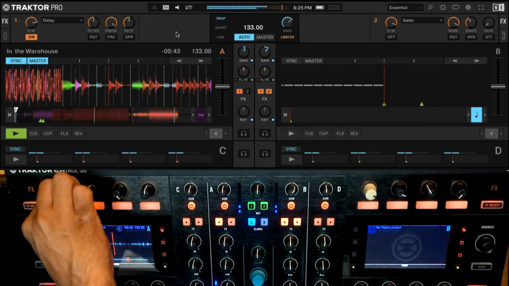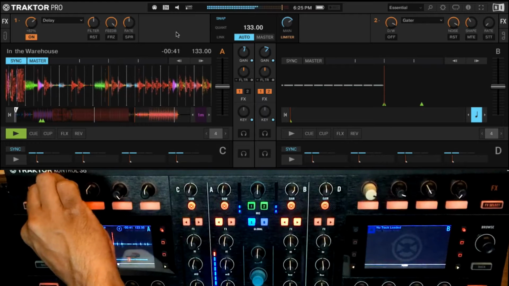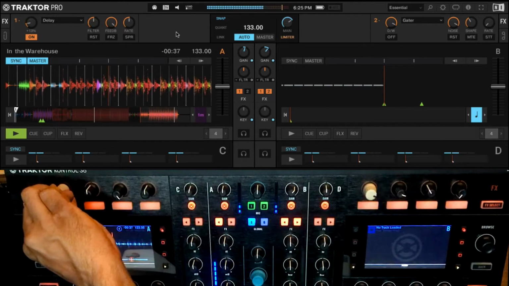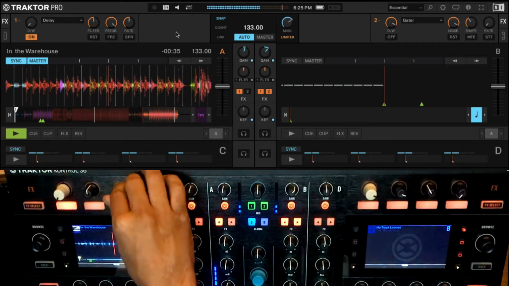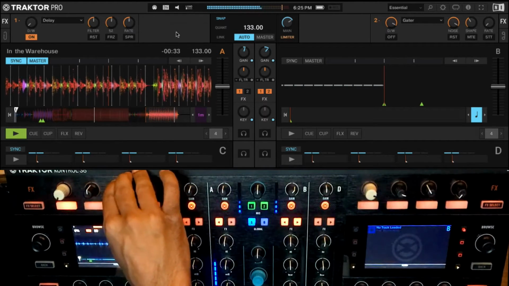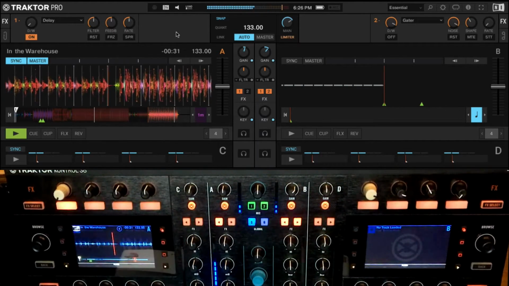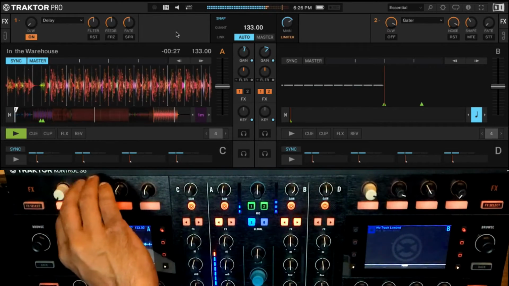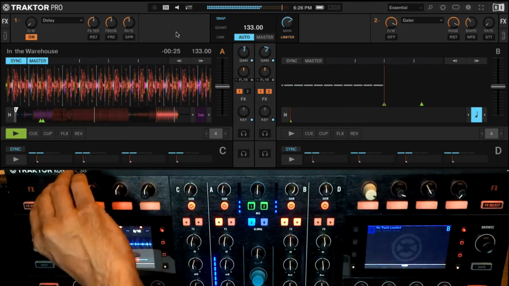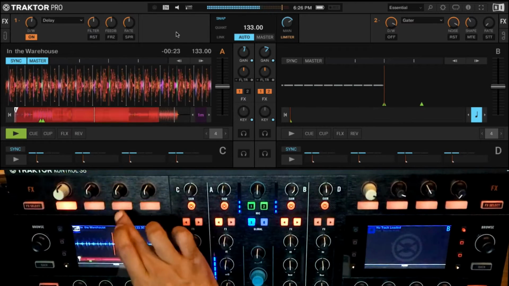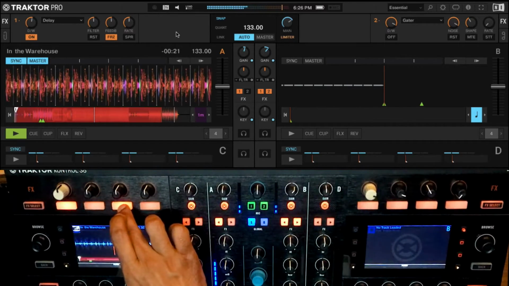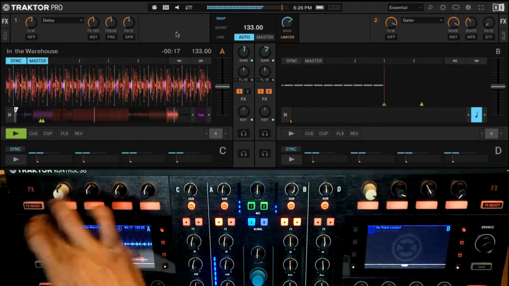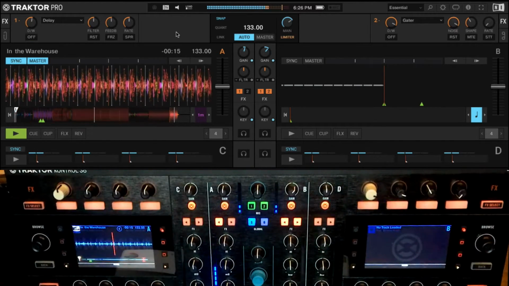Have my feedback going on there, just to fill in that quieter part of the track. Okay. Now let's also try using the freeze parameter. So what we can do with the freeze parameter is I can freeze a delay that's going on. So let's bring it up. Have my delay going on. So it's just freezing the output of the delay, which can be quite interesting to create something cool.